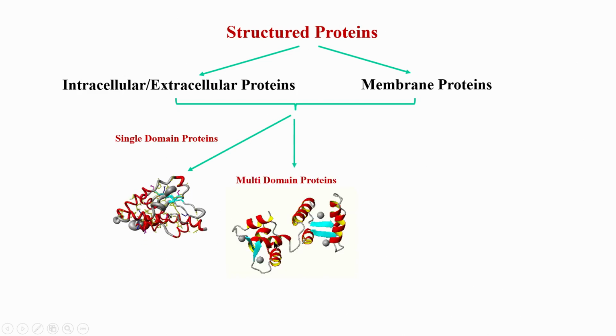But you can also have what are called multi-domain proteins. If you look at this example, the multi-domain means this is one independent protein, this is another independent protein, and they are joined, but it is a single chain again, meaning it starts from one end of this protein, let us say here, and goes all the way up to the end of this protein, which is somewhere here. So, this is a single chain, but it has got divided into 2 parts, and these 2 parts are linked by a linker. This loop here which you can see in grey color is a flexible linker. So, this domain and this domain are actually moving independently.